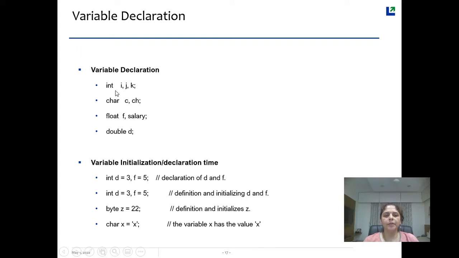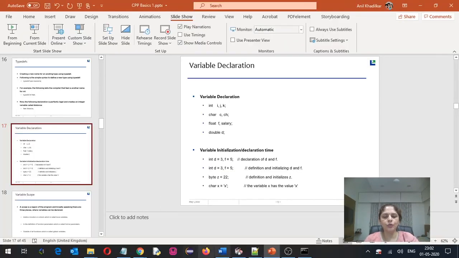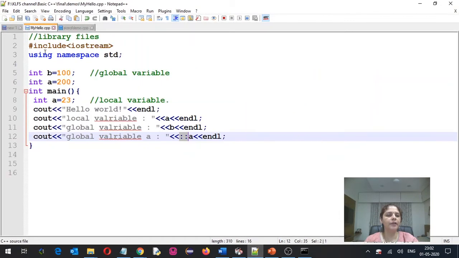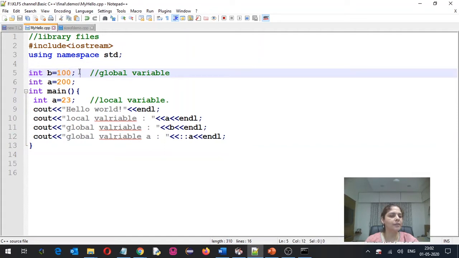When you declare a variable, we write data type, we write variable names, but we can also write initialization. So when you are declaring a variable, on the same line if you are assigning a value to that variable, then this is called initialization. And if you are only declaring a variable, you are not assigning any value to that variable, then it is called variable declaration. There is a difference in variable declaration, assigning the value, and variable initialization. So usually in your program, if you are declaring a variable and on the same line you are assigning some value to that variable, then this is nothing but called initialization.